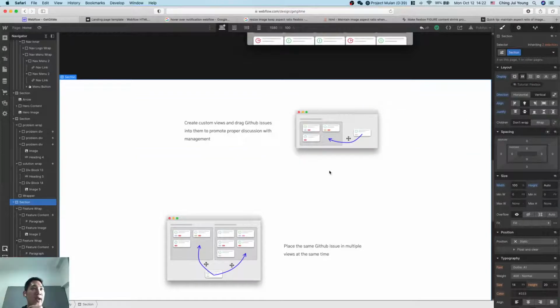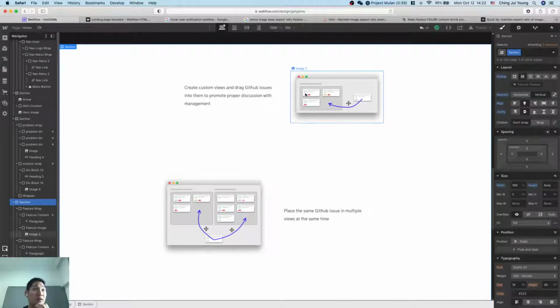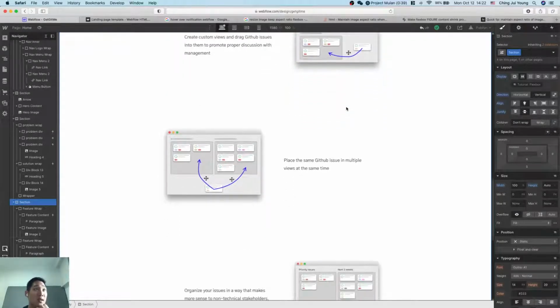Create custom views and drag GitHub issues into them to promote proper discussion with management. Okay. I don't know if this is clear. I don't think this drives home. This is not a good selling point yet. We'll have to change this. But